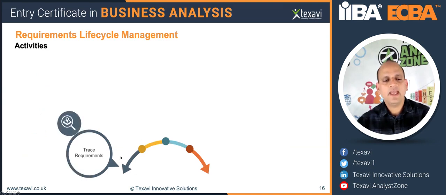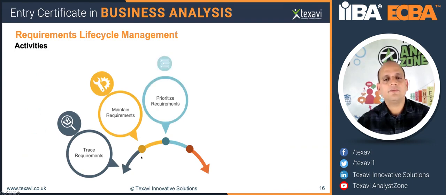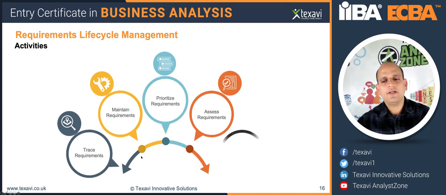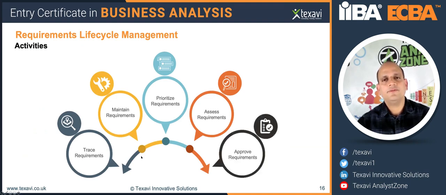And what activities do we have here? We've got the tracing of the requirements, maintain requirements, we've got prioritization of the requirements, look at assessment of the requirements, and finally we could approve the requirements. So these are the 5 activities that we do within this